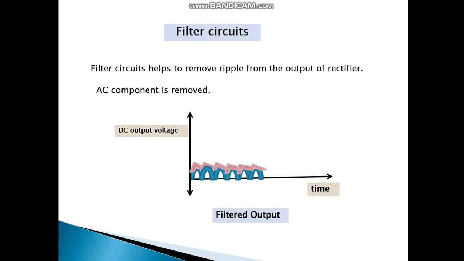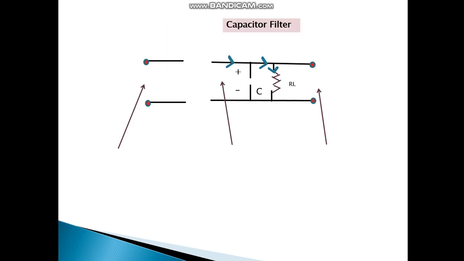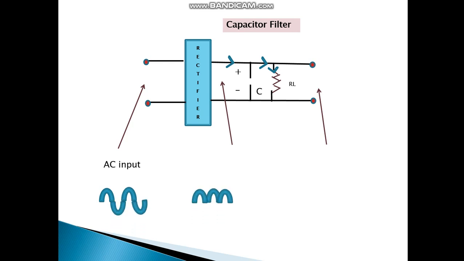Now, let's see how this takes place. Using a capacitor filter, we can filter it out. So that's the block diagram of the rectifier which we just now studied. This is the AC input that we have over here. The pulsating DC output comes out of the rectifier. We connect a capacitor filter here, and the moment we connect a capacitor here, our output becomes filtered like this. So it is more near the perfect DC output.